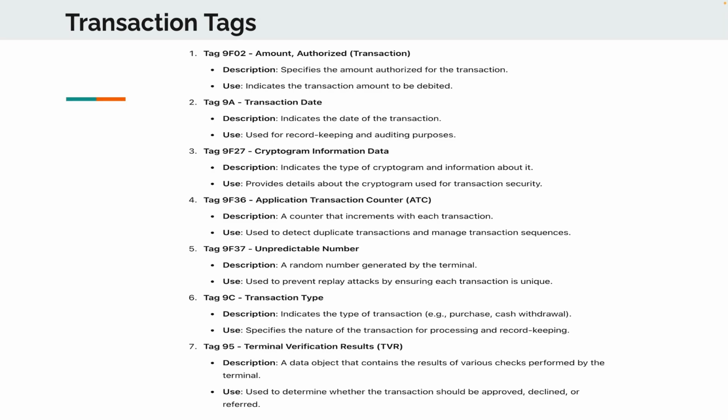We have cryptogram information data. It tells us the type of cryptogram and information about it, that is, the kind of cryptogram that was generated, right? It is just for the purpose of security, right? Application transaction counter. So let me dwell on 9F27, for example,